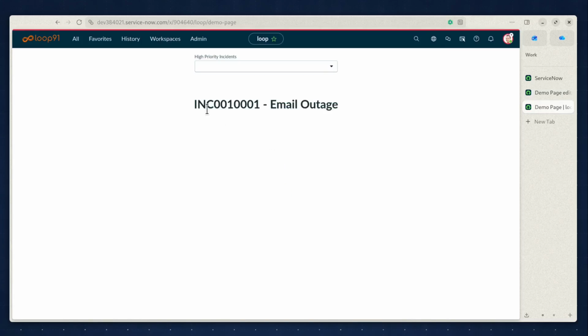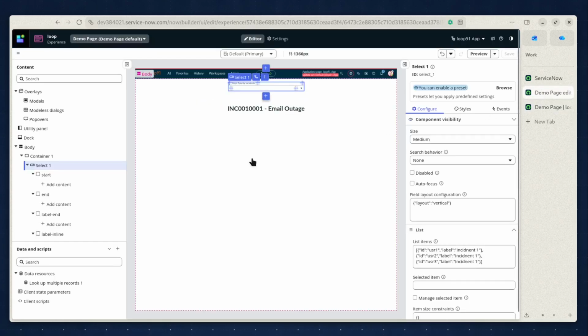But the thing is, I don't want to see it in this format. What I want to see is this format, where the first part of the string is the incident number and the second part is its short description. Right now, this could be done using our normal data resources, but what we are trying to demo today is a transform data resource. So for that, we will quickly go to the UI Builder